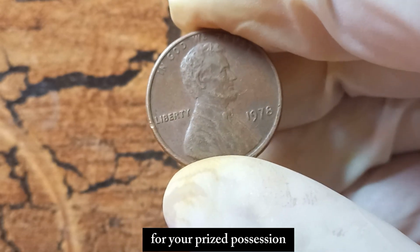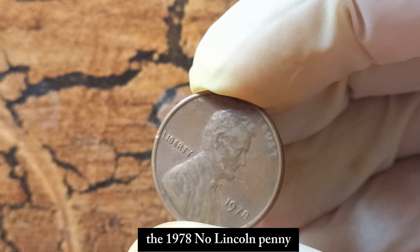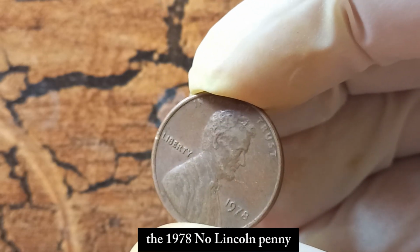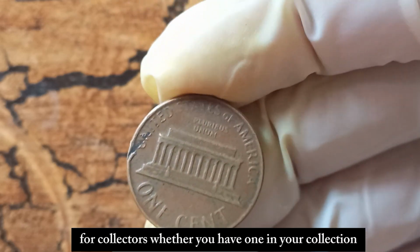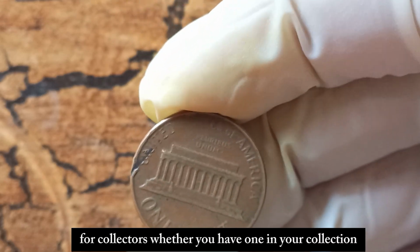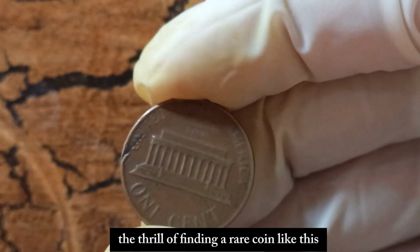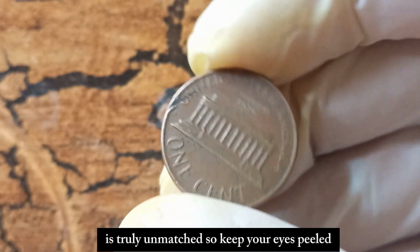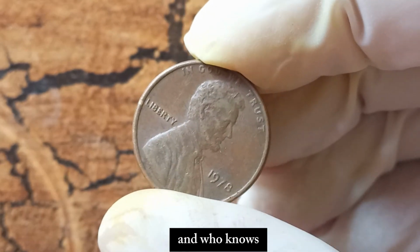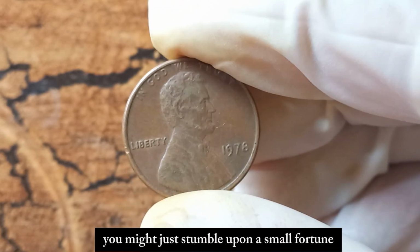for your prized possession. In conclusion, the 1978 No Lincoln penny is a fascinating piece of history that holds incredible value for collectors. Whether you have one in your collection or you're on the hunt for one, the thrill of finding a rare coin like this is truly unmatched. So, keep your eyes peeled, and who knows, you might just stumble upon a small fortune in the form of